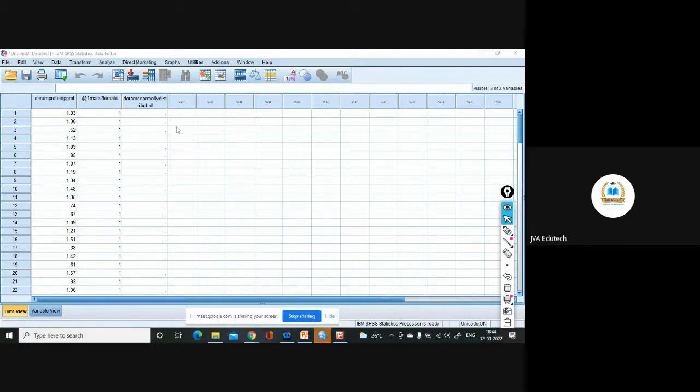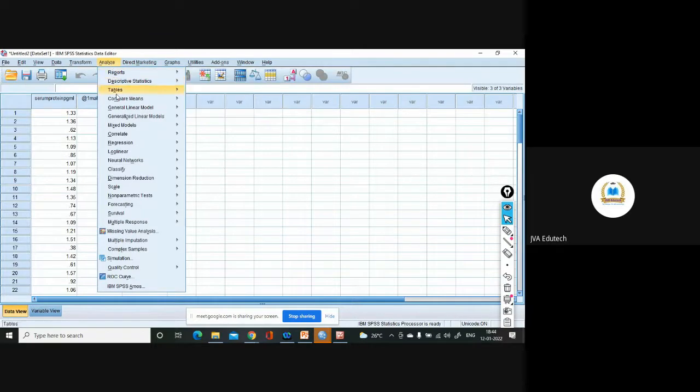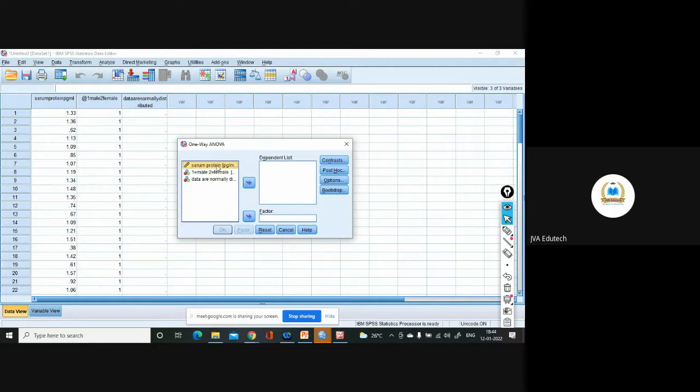To test that, it is tested by Levene's test of homogeneity of variance. So you can go to Analyze and then again go to Compare Means. This Levene's test, you will find under One-Way ANOVA. Click on that, select your dependent list. Are you with me? Yes, sir. Select this factor, because categorical variables are treated as factors.